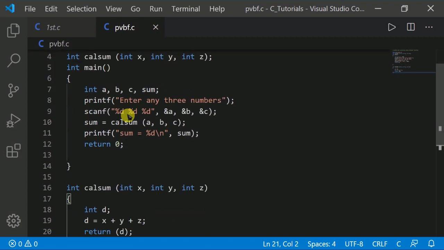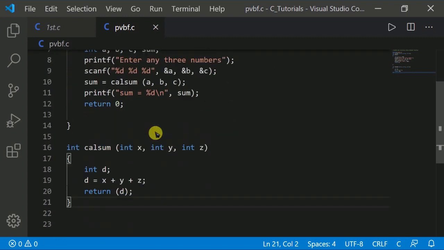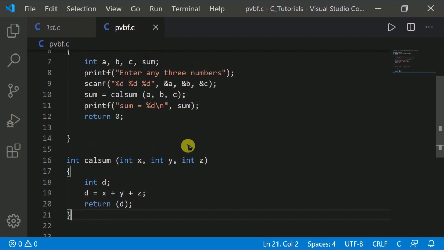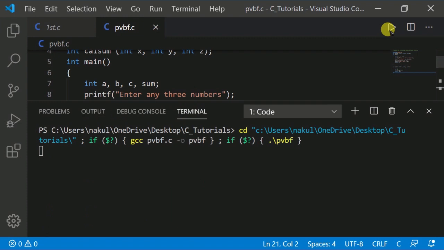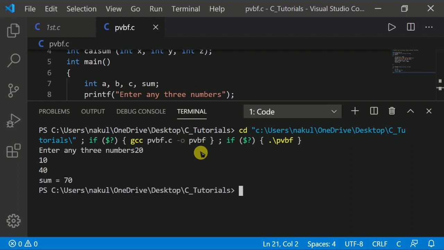So let's run this again. Here we have collected these a, b and c values into x, y, z, so it makes the addition of a, b, c in the form of x, y, z. Let's run this program and enter 20, 10 and 40.